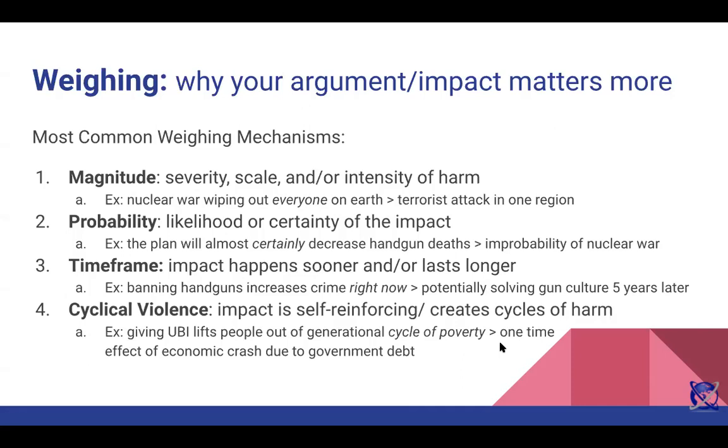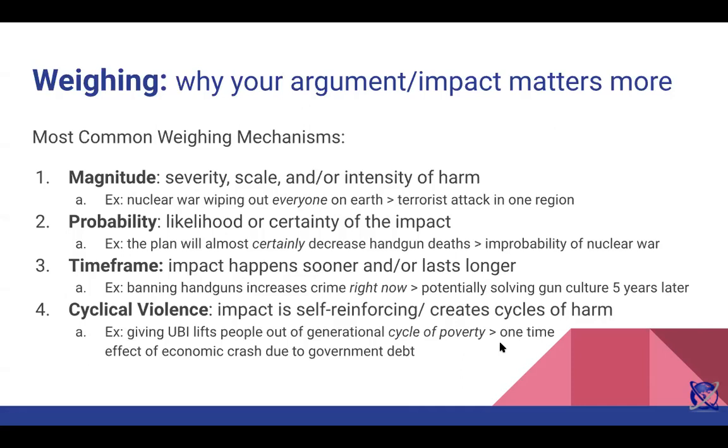The third one is time frame. So that just says at what point does your impact happen. This is also really common for those types of soft left impacts because they're currently happening right now. But if you have an impact that is big on magnitude, like severity, such as the economic collapse that we were talking about, that one may be a little harder to win time frame on, because a lot of times, or like global warming, that won't happen until a long time, or the full effects won't happen until a long time. And then cyclical violence,